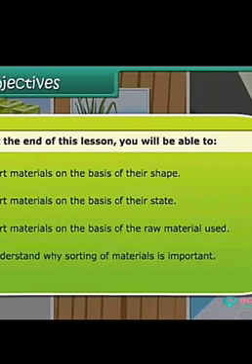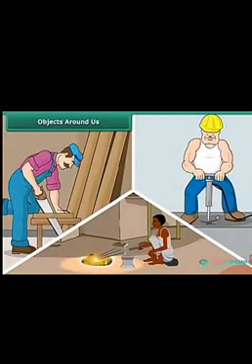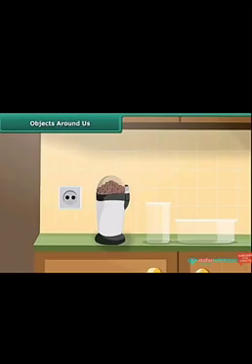You know what is the meaning of sort? Sort or sorting simply means separation. Separation means putting the different materials into different categories. Here you can see there are three different professional workers and they are doing work in their specific field. A carpenter is doing his work, that person is cooking some food, and of course the third person is doing his own specific work. Same as you can see, there are three different kinds of containers.